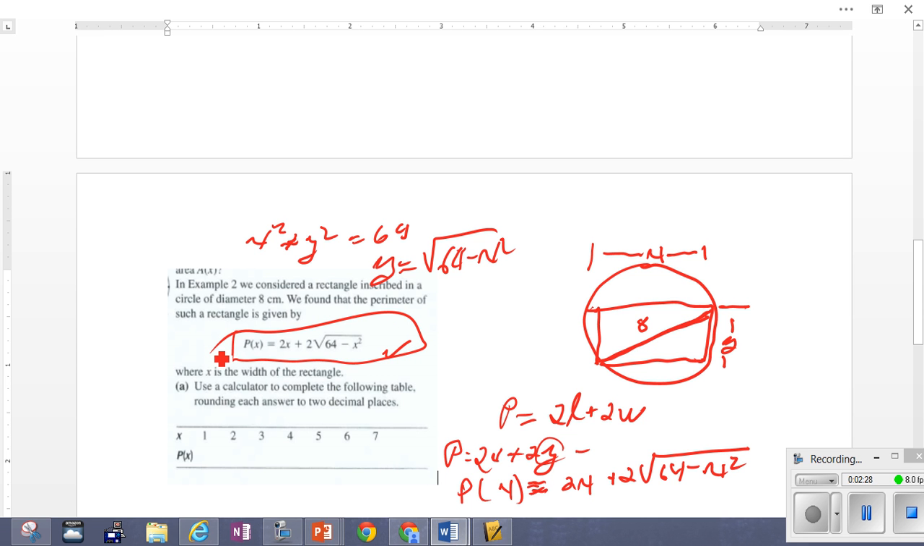And that would be the perimeter function, and all they're asking for is what's p of 1. So plug 1 in and find y, plug 2 in, and so on and so forth. Okay, you could do that quite easily on your calculator with a table, and that's what I would suggest, because